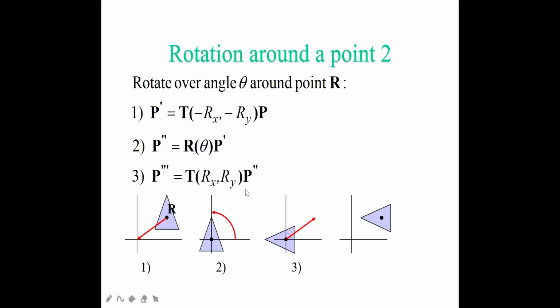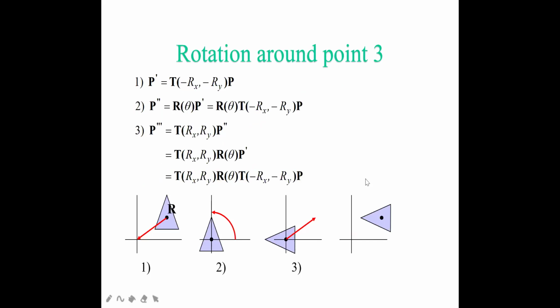You are going to translate it back. Now the object looks like this. The same object you are taking in the upward direction, so it will be positive. If it is positive, then you apply the translation rx comma ry on what point? What was your initial point? Your initial point is p double dash. So I'm writing here p double dash, and whatever matrix answer I get, I'm going to keep it as p triple dash. Okay, so this is the answer.